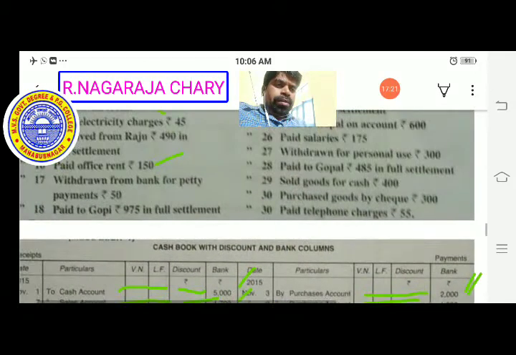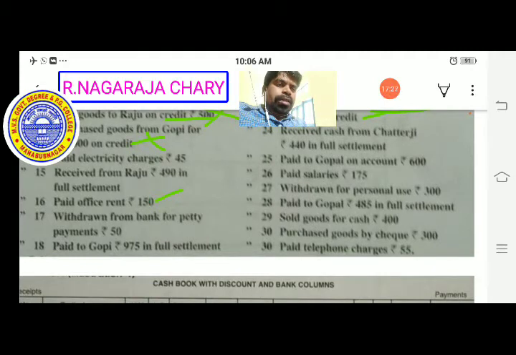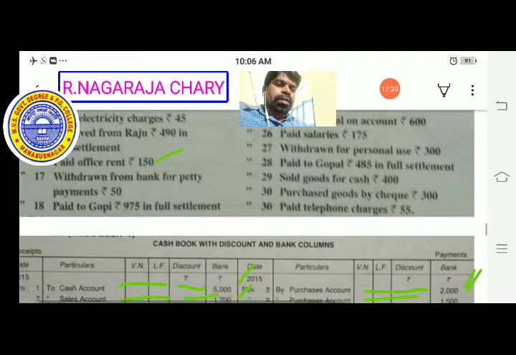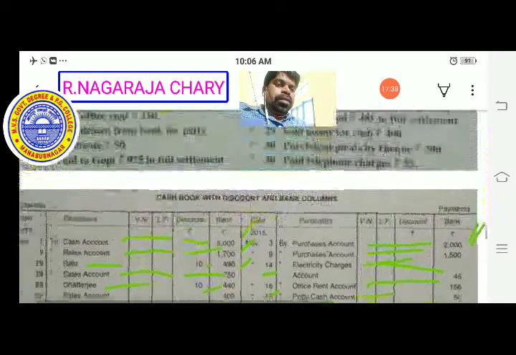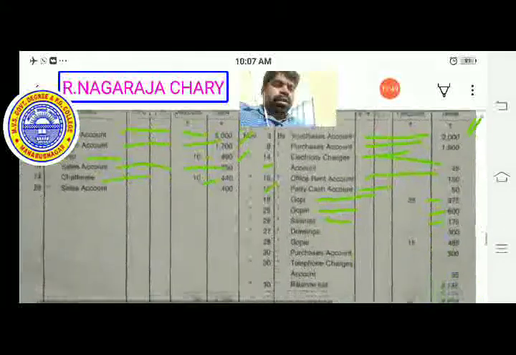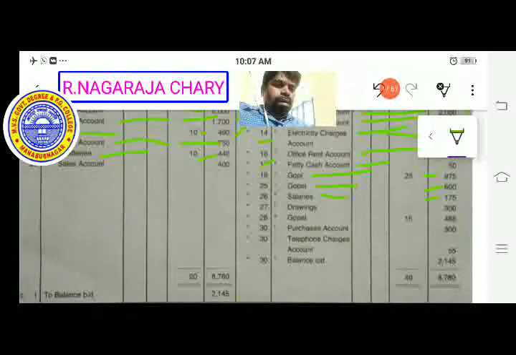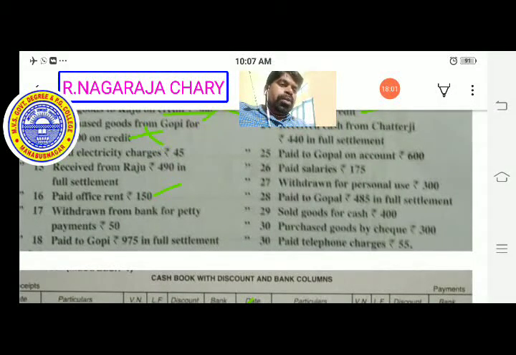So next one, paid salaries 175 rupees. Salaries are an expenditure, so you have to write it on this side, the payment side, that is 175. Next, you see withdrawn for personal use. If it is personal use, it will be treated as drawings, that is 300 rupees. Next,